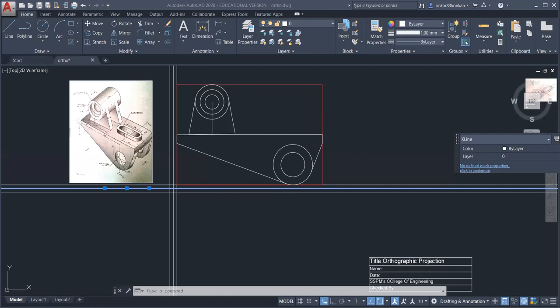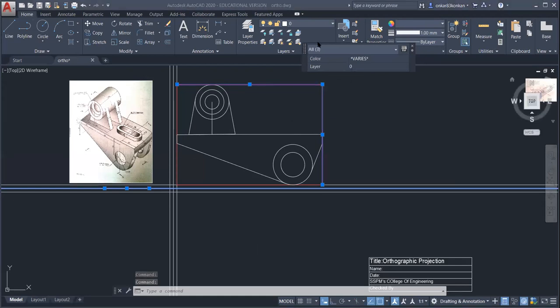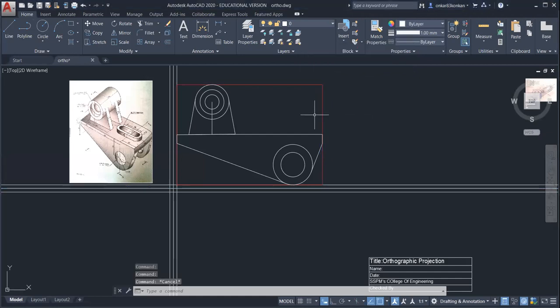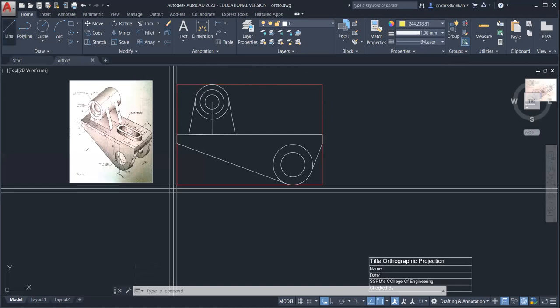Okay. So for the top view, you can take the major projections from the front view and you can create the reference rectangle similar to this rectangle with the maximum height and maximum length. For the projection, either you can create a new layer and draw the line in that layer, or you can directly take the line with different colors. Okay. So make sure that your ortho mode is on when you take the projection.